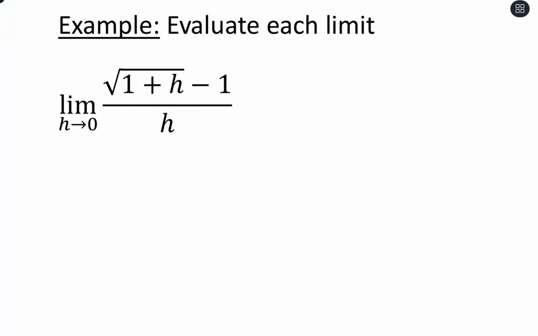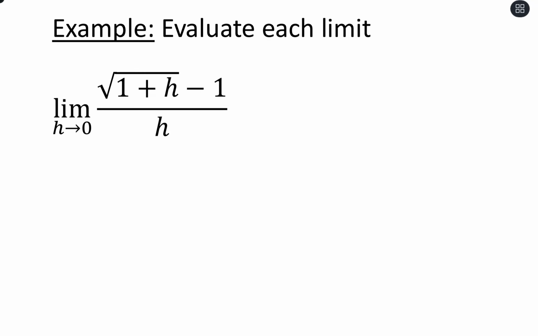Okay, our next one here. So if I try to plug in 0, we're going to run into issues with the denominator there. But we don't have anything to factor because we don't have a quadratic anywhere, so we can't use that. So instead, I'm looking at that numerator. And something we can do when we have this mixture of radical and constant is we can multiply